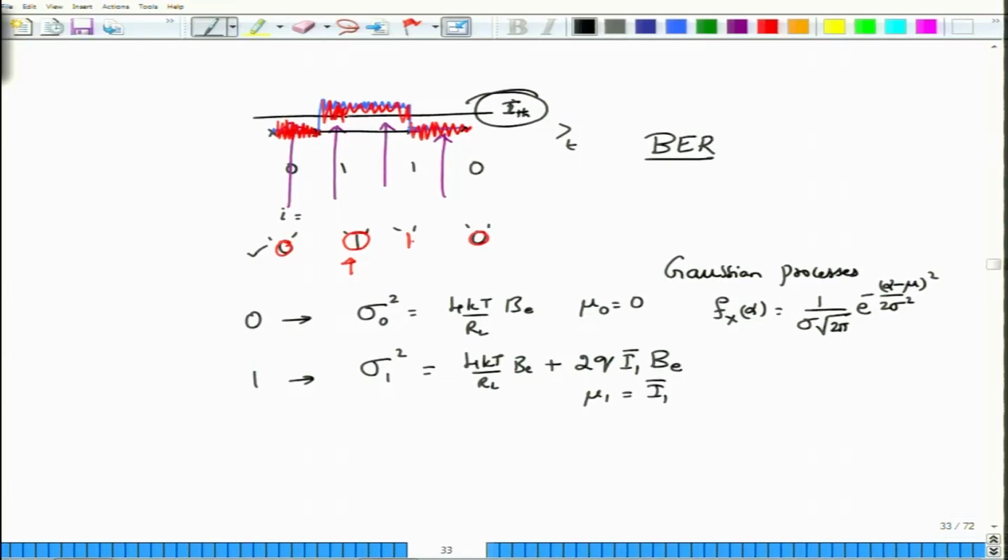You can see that here: these red lines, when you have launched bit 0, are centered at the output current, which is also 0, whereas the noise that you see here is centered at the received average photocurrent, and this is the noise variance that you are actually seeing. This value is your average photocurrent I1 when you launch a bit 1. You can see that difference right here, and this width around what I have drawn these two lines is the 1 sigma width, sigma 1, when you transmit a bit 1. So, this is what you need to remember: mu 0 is 0, mu 1 is I1.